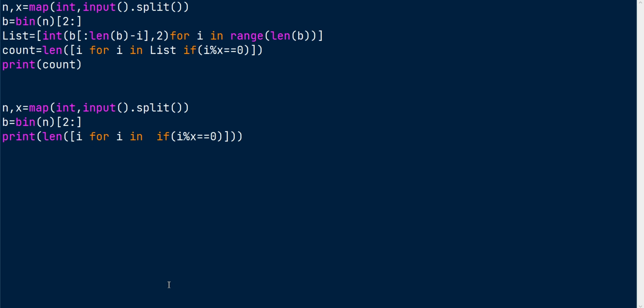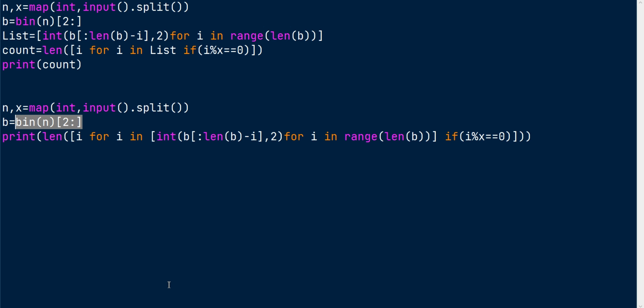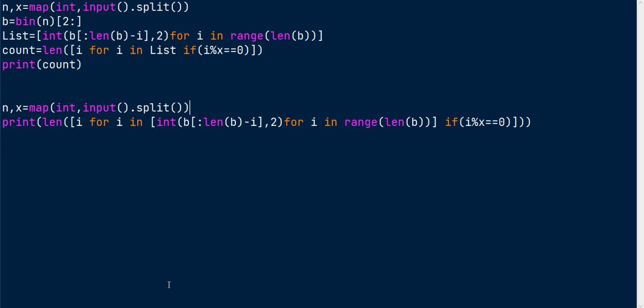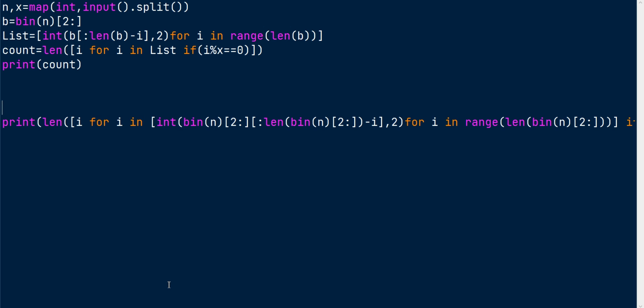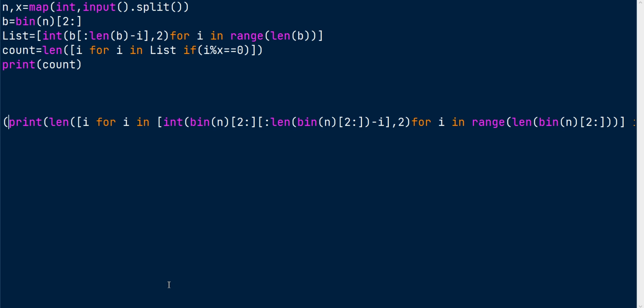Control X. Here in the place of b, we have to replace the value assigned for b. And also instead of this n and x, I have to replace